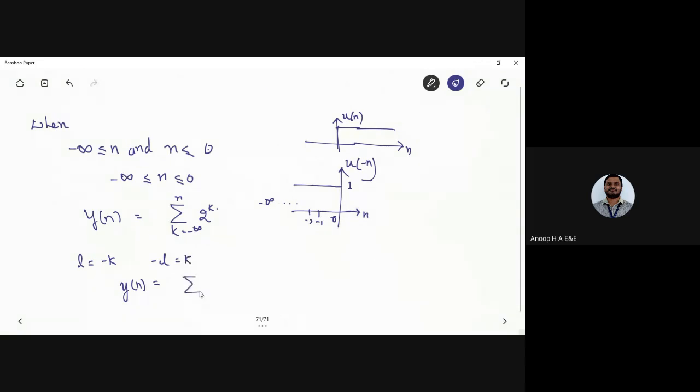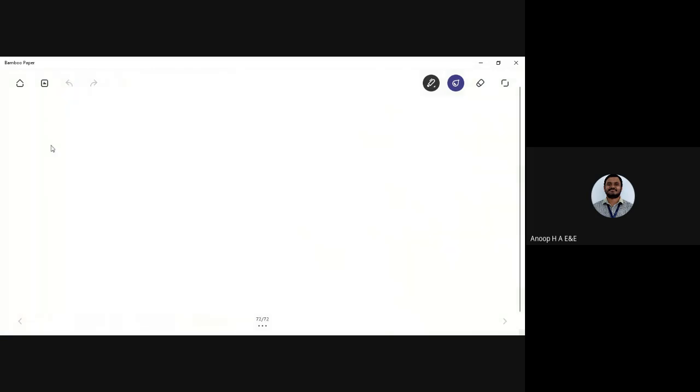So sigma, that would be given as l equals infinity, and I have the value which is given as minus n. So I'll be having the value which is given as minus n. So 2 power minus l. Next I just wanted to replace m, another variable, which is the sum of l plus n.